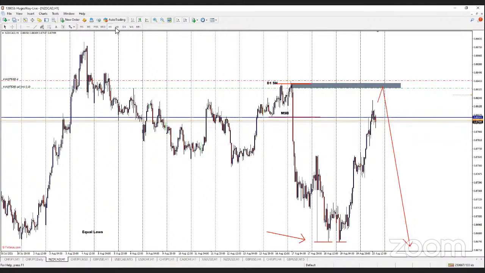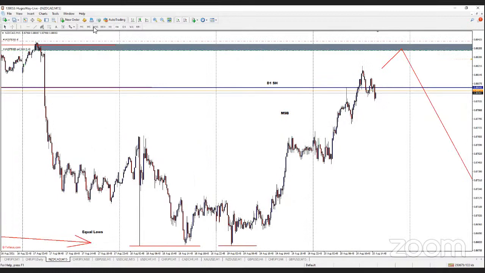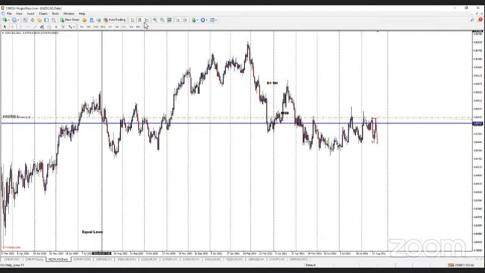I mean, from the H4, the price has entered into the H4 version of supply and is now starting to sell off. And if the reaction is good enough, then it might short from there. But there's some inefficiencies that need to be filled out. If this is going to go short, I expect the price to come for these lows that are equal and give us. And the target really for this trade is